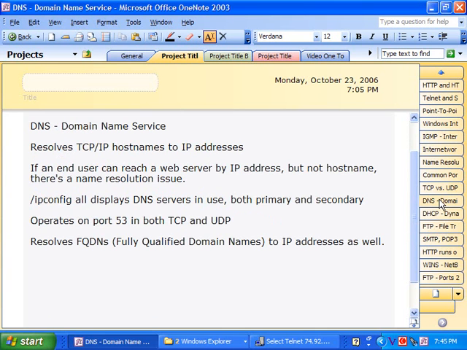DNS, our domain name service, resolves TCP/IP host names to IP addresses. And I put this up here. This is a classic, and I've been through this many times. If an end user can reach a web server by IP address but not the host name, there is a name resolution issue. And what I like to do with a user who reports, "I can't get to the internet,"